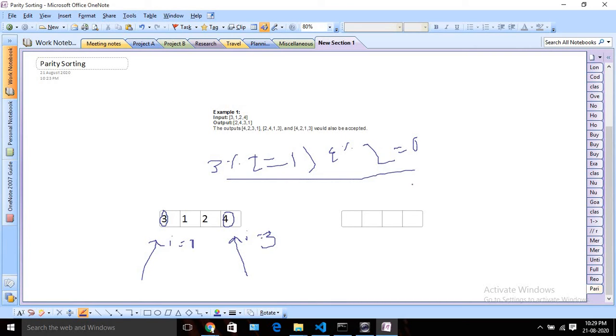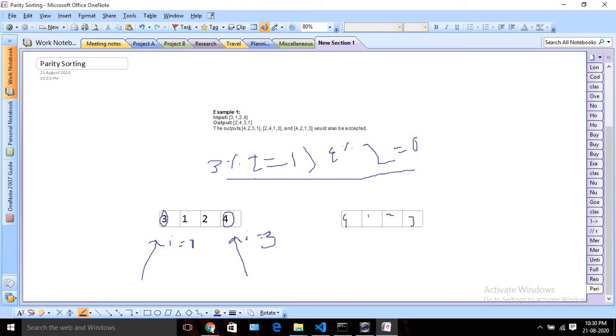If I see that it's an odd number, then we should swap those two values. After swapping, it will be 4, 1, 2, 3, and the rest remains the same. After that, we increment our i counter whenever I see an even number on the left side. If I see an odd number, we are not going to increment i. Similarly, if I see on the right side that my number is odd, I decrement j. This is how we can solve it.